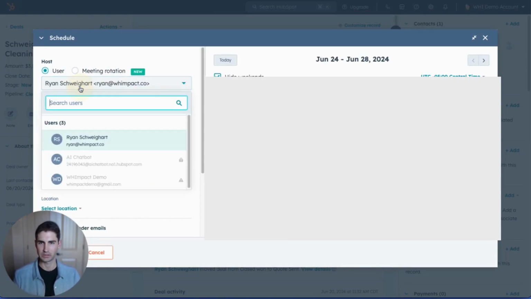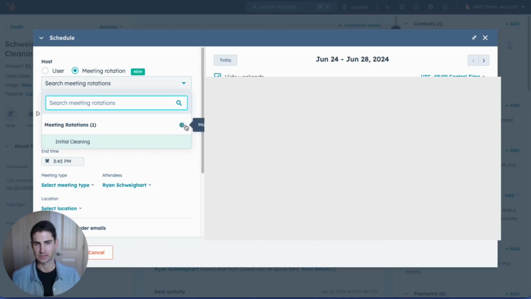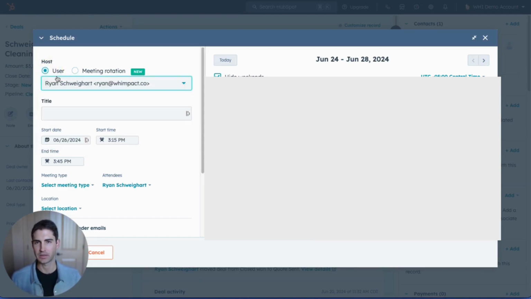We have the ability to book a specific user, or if we want to set up a meeting rotation, we can select that. Click this settings icon. It'll take you to the page within settings that you need to navigate to set up a meeting rotation. Right now, I'm just going to use the user method, and I'm going to select myself in this case. I'm going to put in initial cleaning